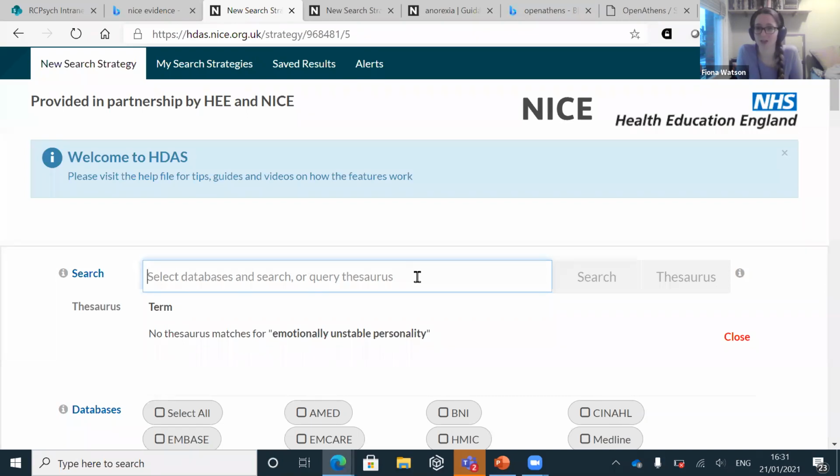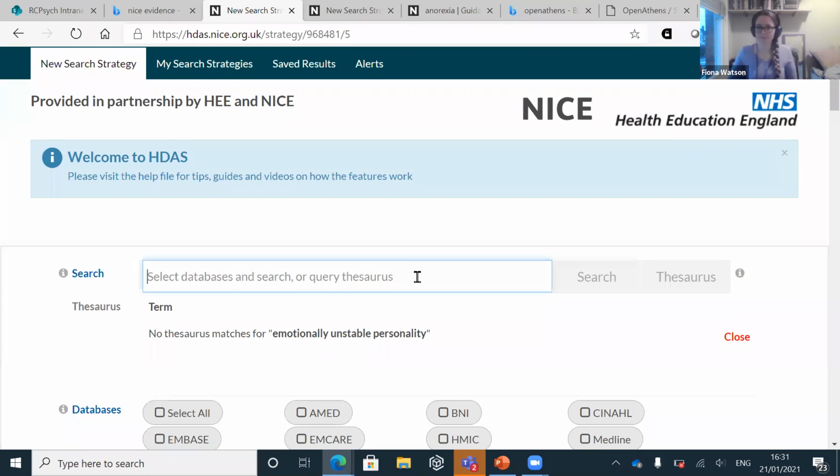see it when I try and log into the RCPsych databases. They'll recognize me as NHS and they'll go wrong. So you need to make very sure you log out of one before you log into another. I would usually do it with different browsers. So I'd have a browser for RCPsych and a browser for NHS, or I'd use the in-private browsing to make sure it doesn't get confused. So if something's going wrong, check you're using the right account.